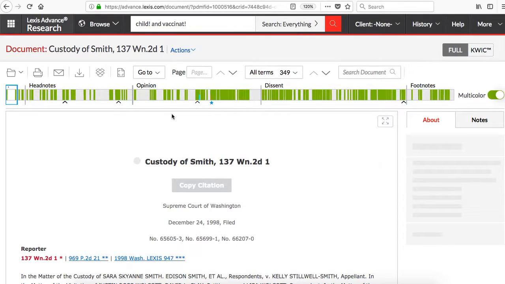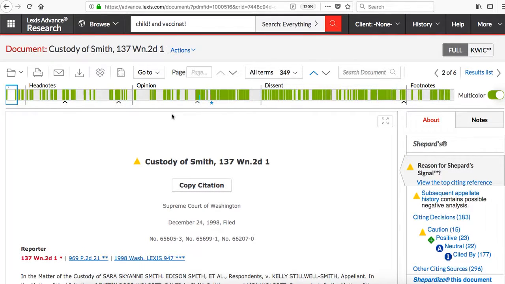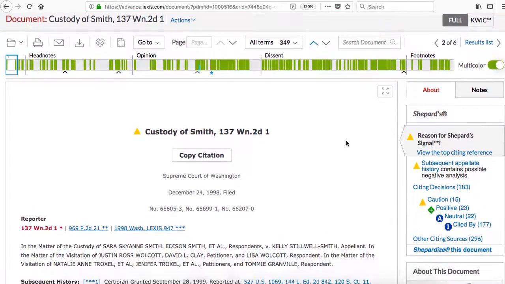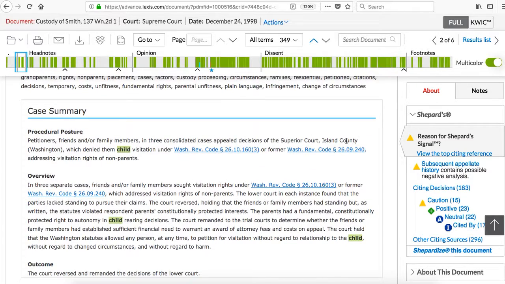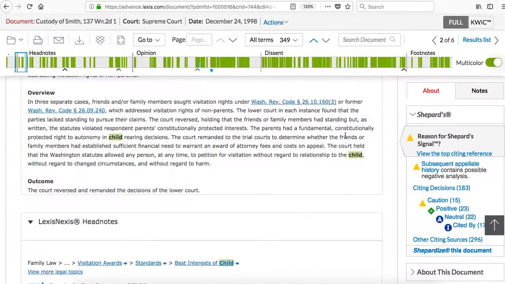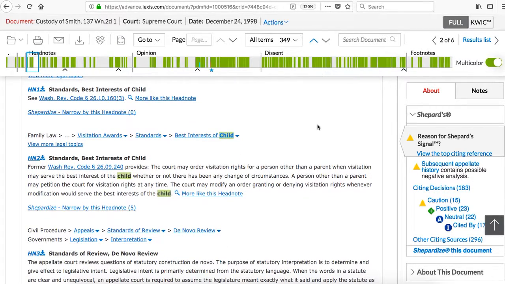Remember, at the beginning of every case is all of the editorial content that helps attorneys quickly figure out, is this case going to be helpful and on point for me? Remember, all above is going to be my list of my terms that appear in the document. Case summary is like a case brief. And then underneath here is going to be